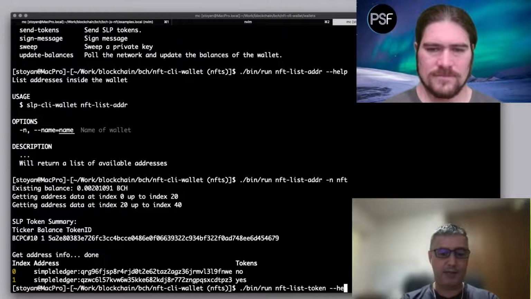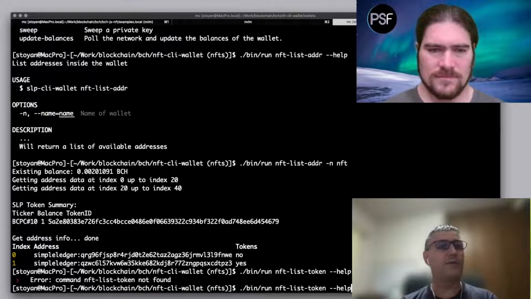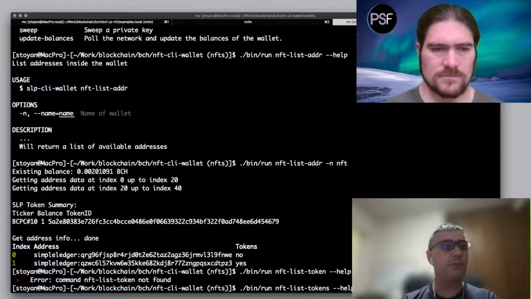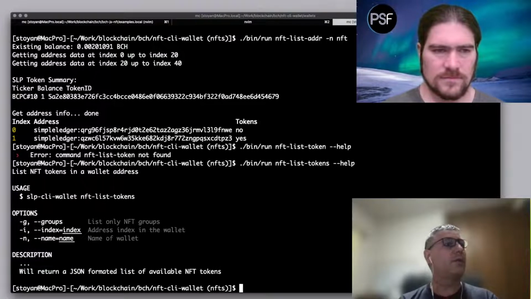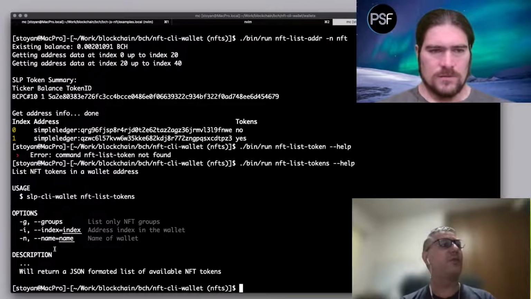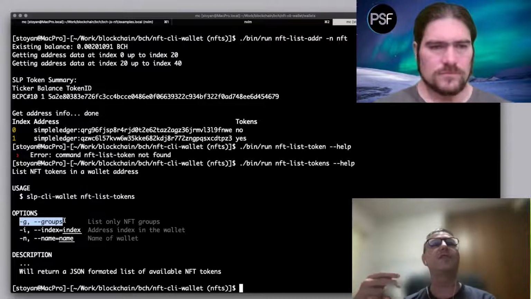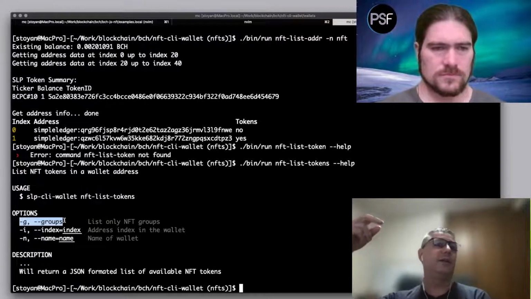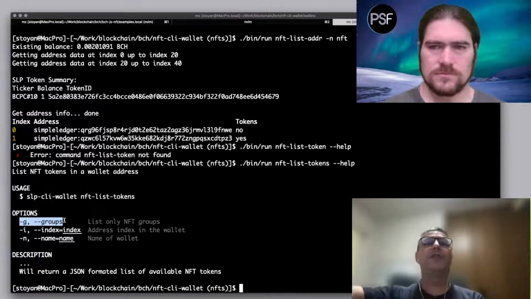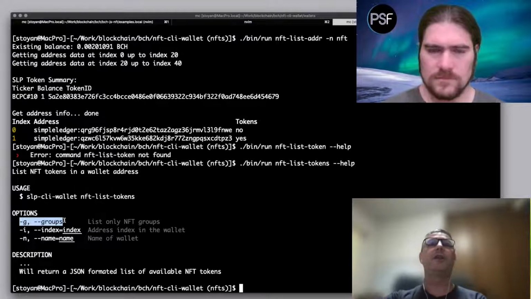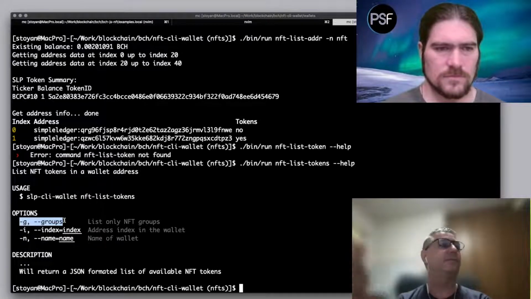And again, there are several parameters, like the tokens help. You can list only the groups if you want, because if you show this inside, for example, the full stack wallet, you first need maybe only the groups, and when you click on some group, you will see them all.